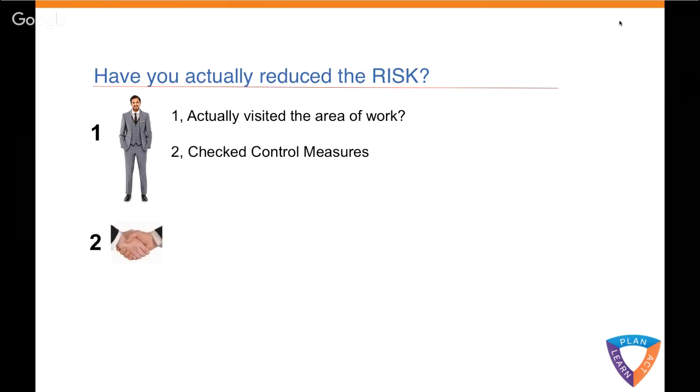When you send it out to the client or the contractor, do they know their responsibility? A responsibility that comes under the Health and Safety at Work Act, Section 3. They have a responsibility to ensure the control measures put in place have been actioned and are working. Did they actually just ask you for a risk assessment, just to put a tick in the box to show that they've got one, because that's what they think the law requires?